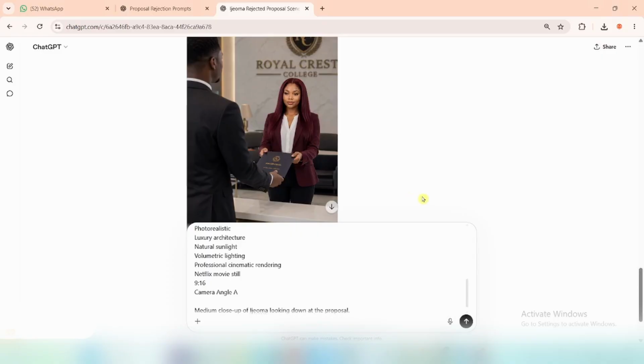Here is how I generate my pictures. Now, one of the things that we must do when generating the pictures, we must make sure we tell ChatGPT to generate it in high quality, because sometimes I use Grok for instance. Although if you use the Super Grok Heavy, you can upscale your video. But if you did not subscribe to Super Grok Heavy and you are using Super Grok, at some point it